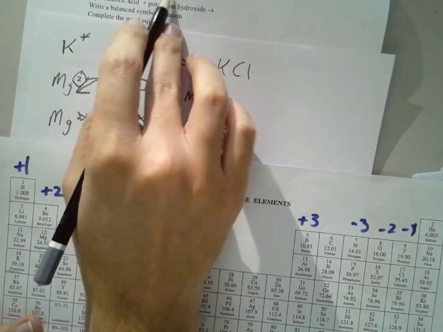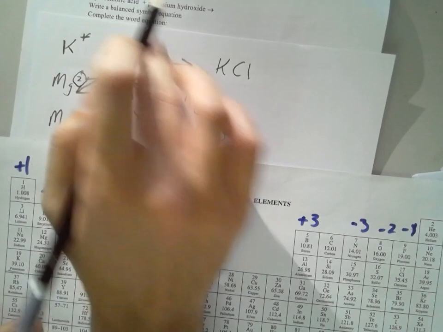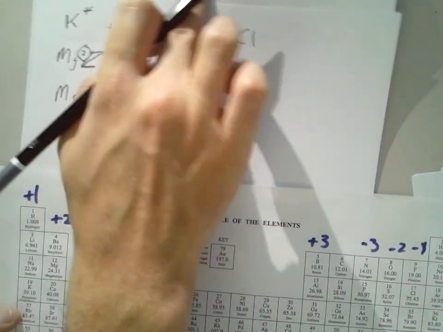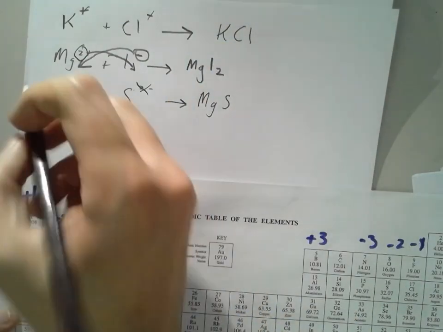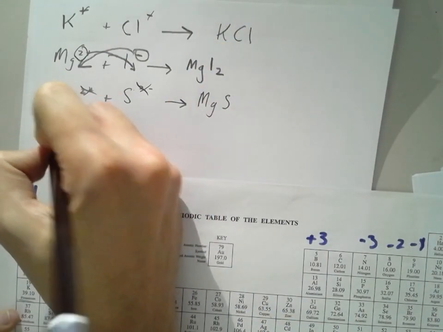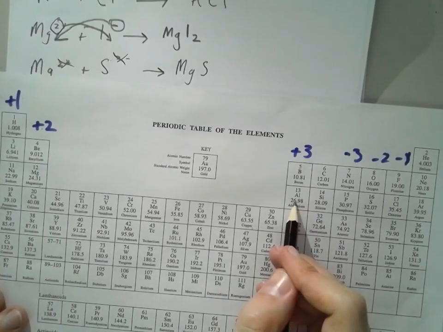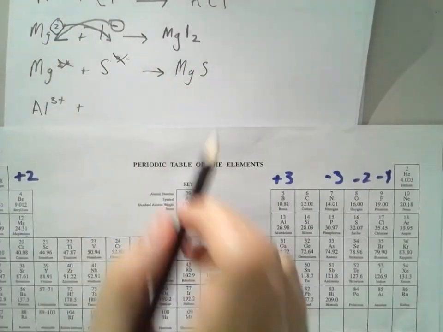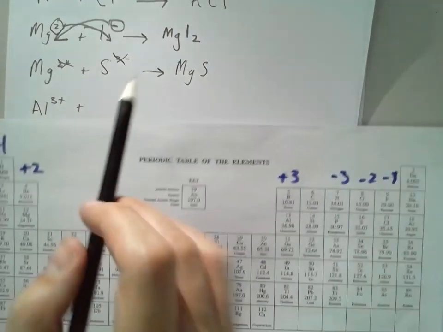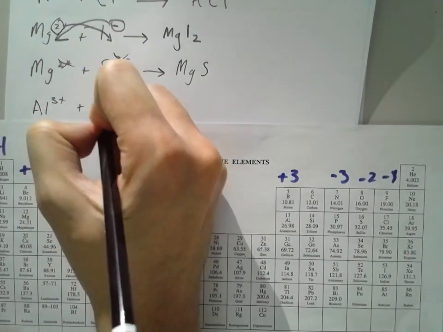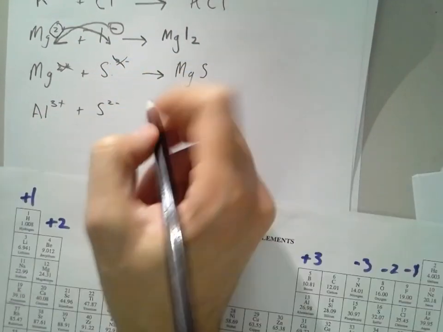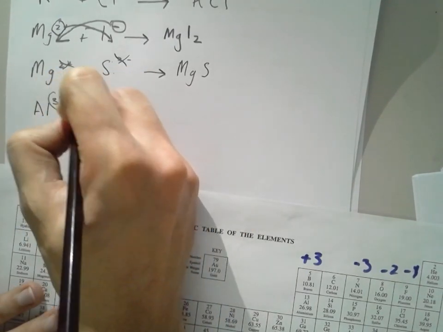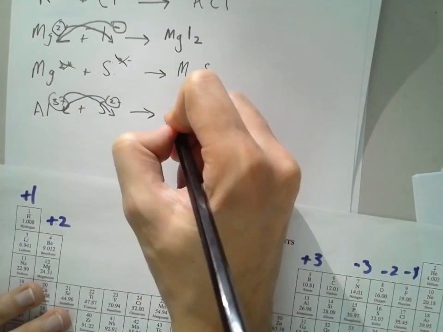And the next one, you have aluminium sulfide as well. Let's do that one quickly. It's going to be aluminium. Aluminium is located here. Aluminium 3 plus. Sulfide, we've already found sulfur, so it's S2 minus. What is going to happen is this number is going there, this number is going there. It's going to be